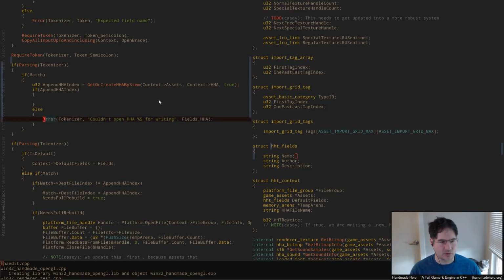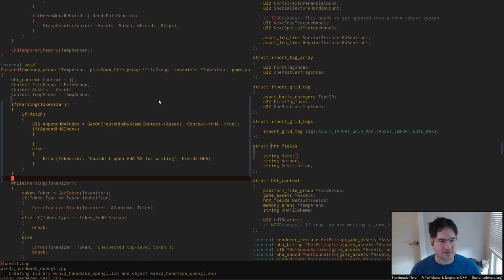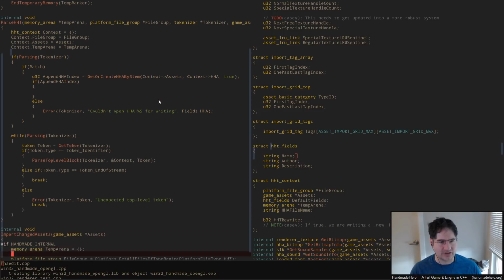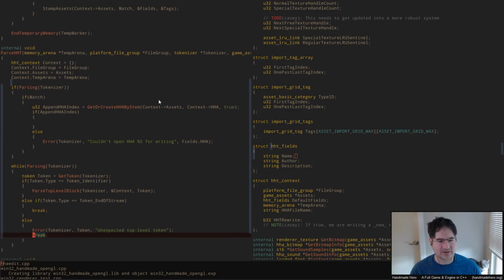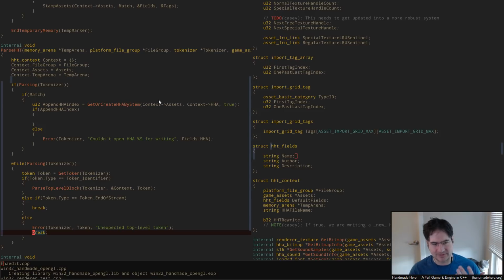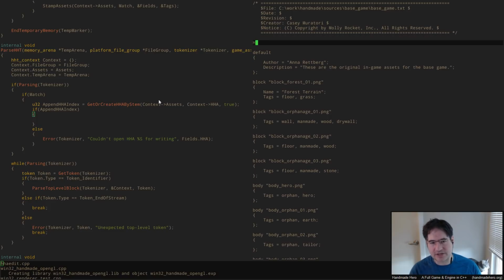This part of things will move into the outer code, because when we actually do a parse of the HHT itself and we build that context, that actually is the part that's going to want to know what the HHA is, and we could make that be like a top-line directive or something like that, and we could even make that be something that you can actually change inside an HHT if you want to. You just can't change it inside a block, right? So we could, if we wanted to, do something like this, where we say like HHA,